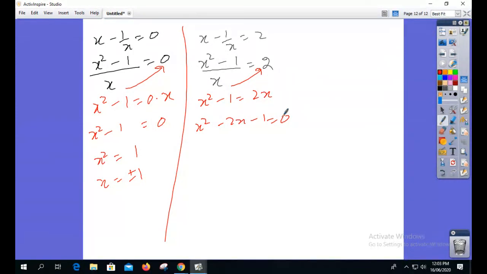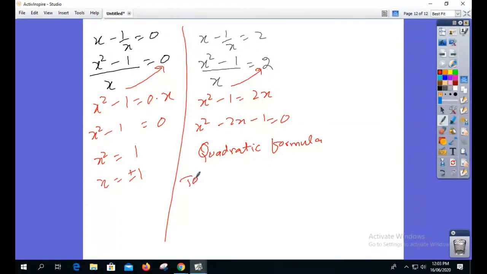By middle term break, what will be the middle term break? Is it possible? We add minus 2, multiply minus 1. No, we use the quadratic formula